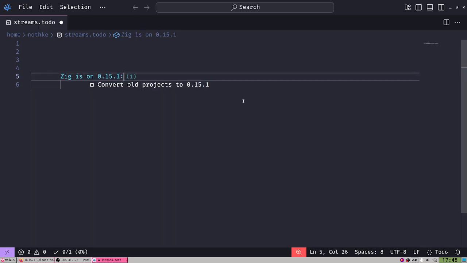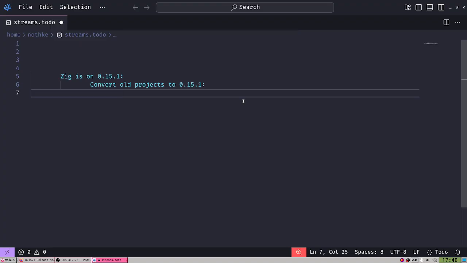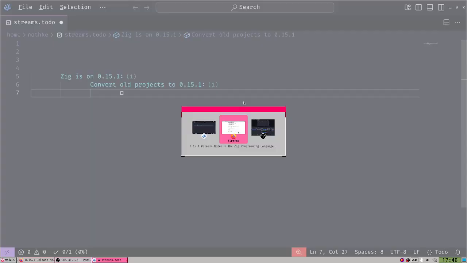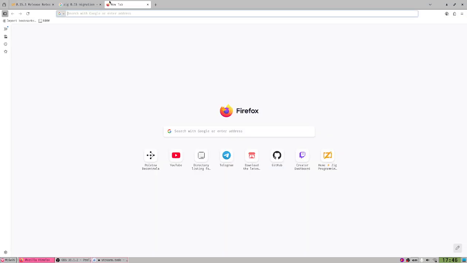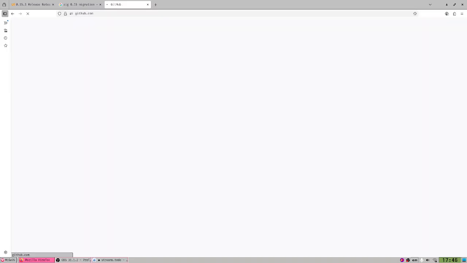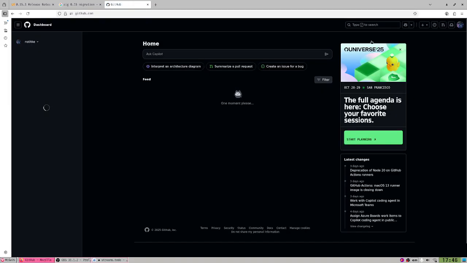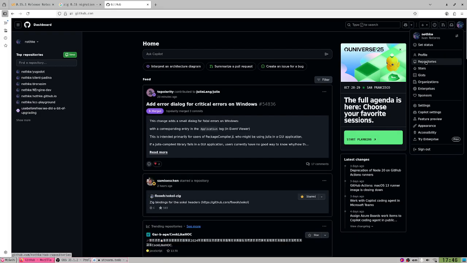So what do I actually want to convert? Let me do it like this. I want to start with, let's go to my GitHub, and let me see.